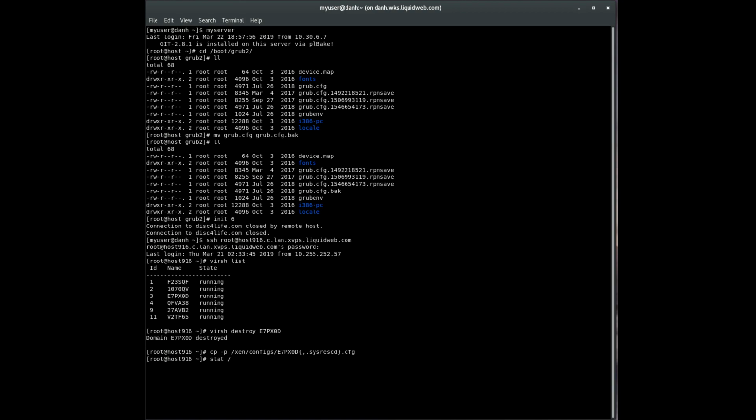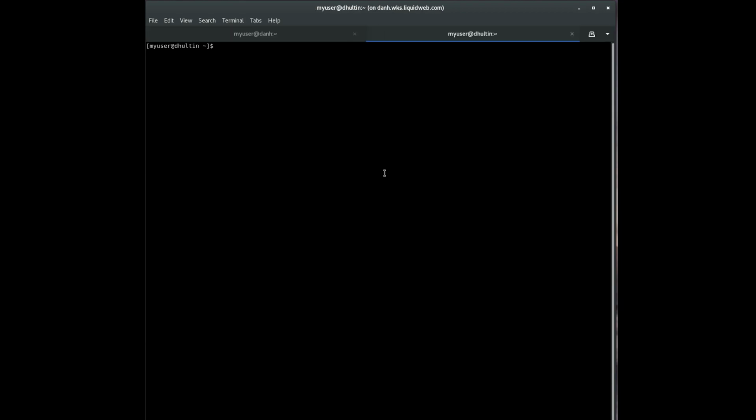First, I got to make sure the SystemRescue CD is here. If it's not, then I'm going to have to copy it. And it's not here. So let's go ahead and copy it over to the server. Once we copy this CD to this server,